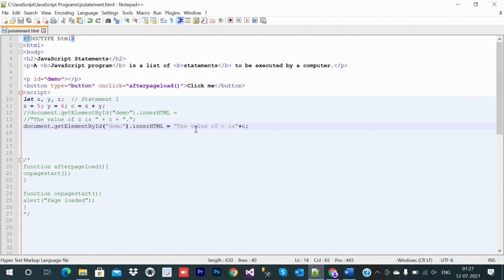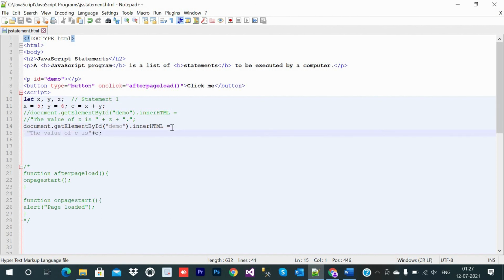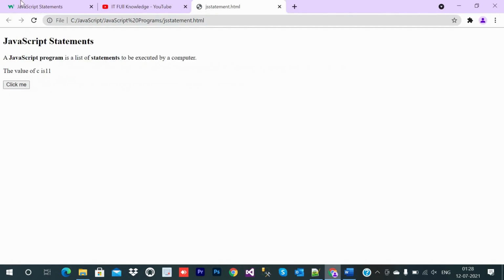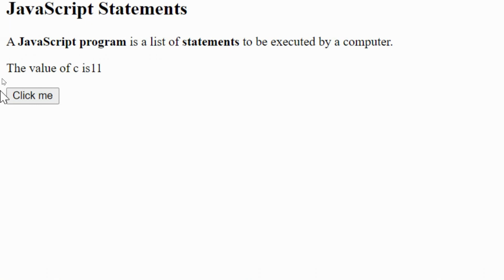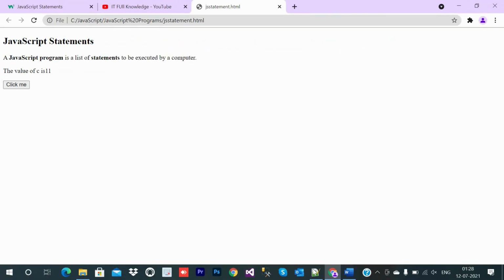Now let's implement that. You can see how many lines there are. What we have understood right now is that if any JavaScript line or statement goes over 50 characters, or 80 characters, you can line break. The best place to line break is just after the operator like equal to or any other. Just press enter from here, this is more readable. We do it and refresh, and the output is still coming: the value of c is 11, even if we break it after an operator.